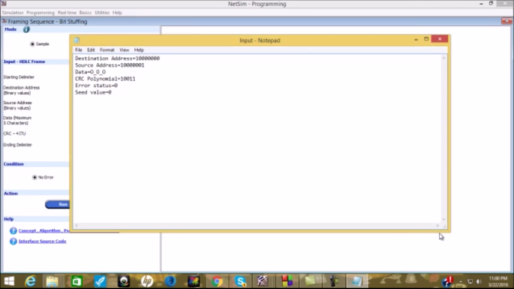So coming to the simulation of the sample code, this is the input text file which we feed into the program. The destination address can be seen over here, as well as the source address. The data we are entering here is 0_0_0, with the error status as 0, which means that there are no errors initially. Now once I run the sample code